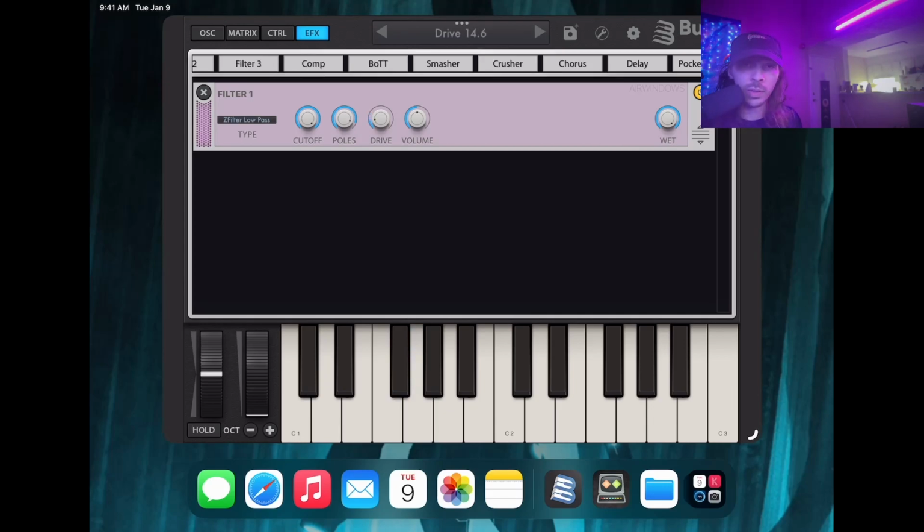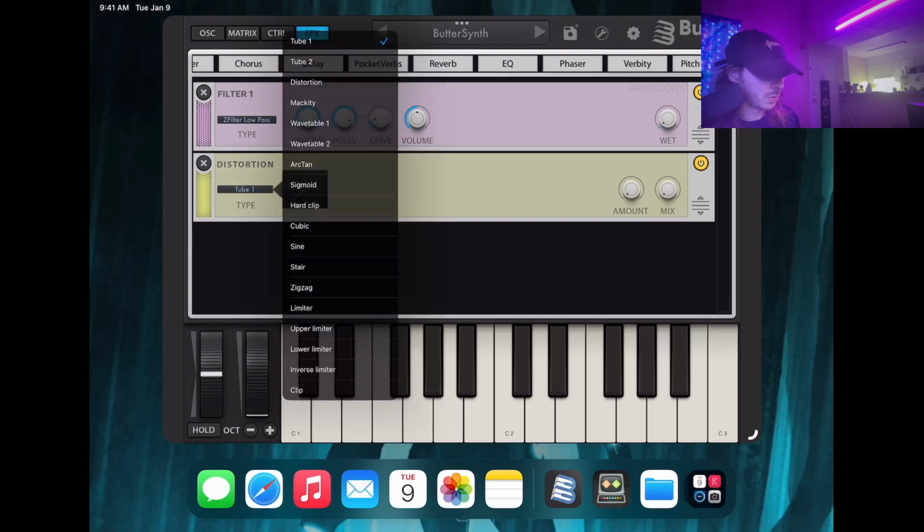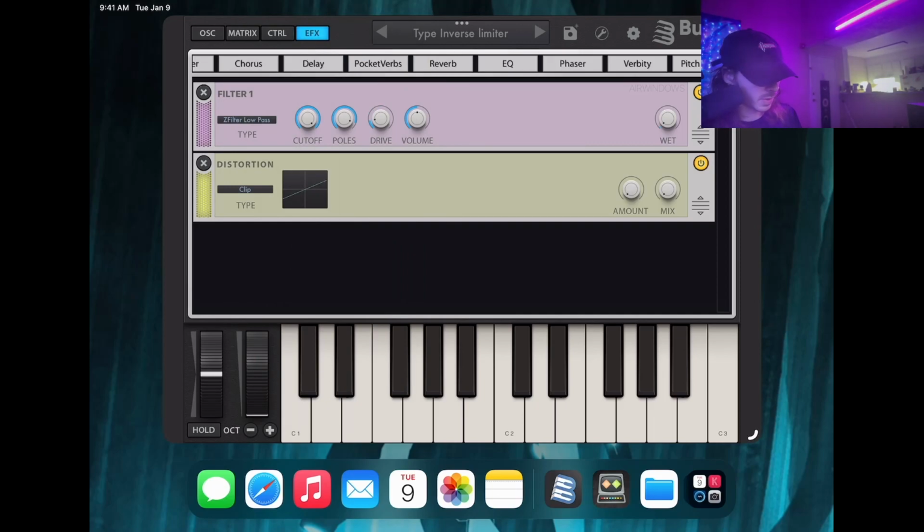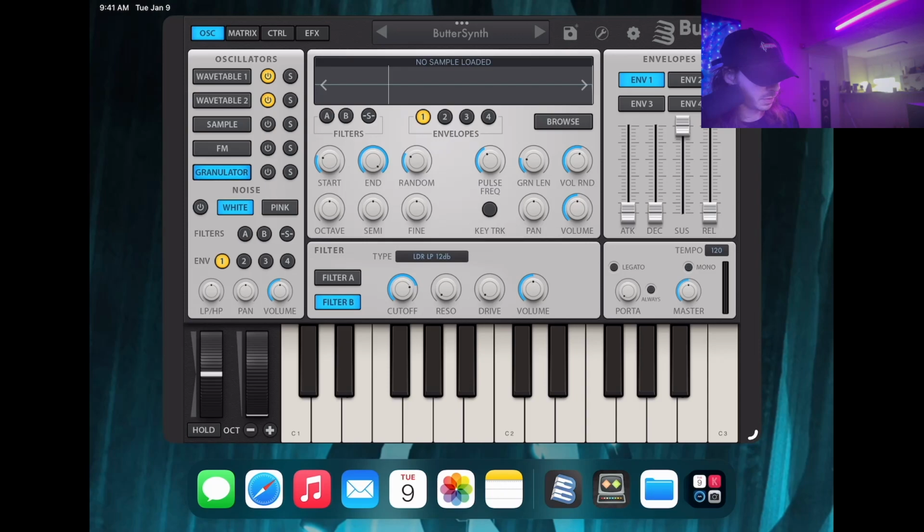Yeah, you can see that you can drive them really hard. You've got a mix tab, which is dope. Then you've also got a regular distortion that chooses between a few different types here. So I'm not really sure if I put this on a clip, if that'll actually clip the signal. We should probably try, but I can't really see where if there's an output or a thing on here to figure that out. I guess it would be right here, but yeah, so if I turn the volume up on this,